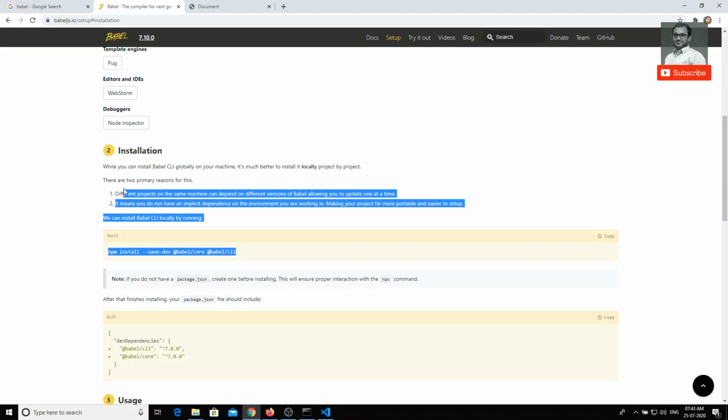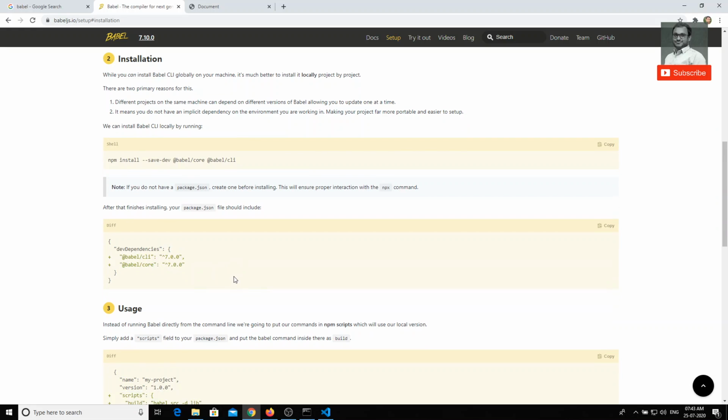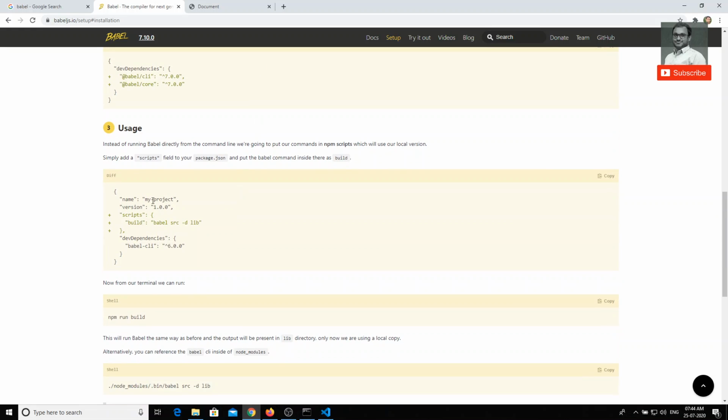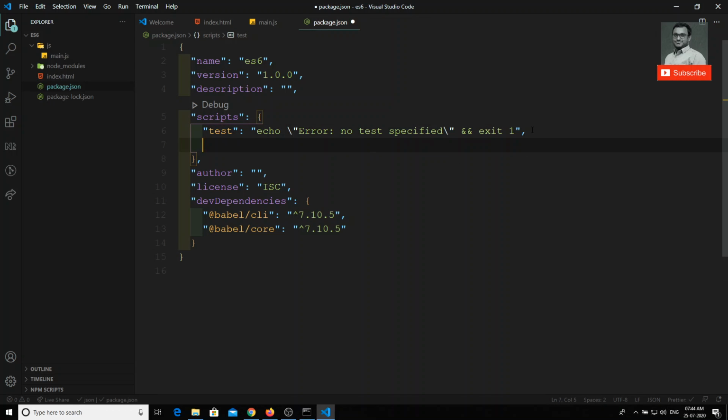We have done the installation, and in the second step they are saying that this has been added in our package manager. Now what is he saying? Please add this into your package.json script section, so that you can directly use npm run build as the command. So now I can copy the script section, so that if I use the command npm run build, this command will be executed.